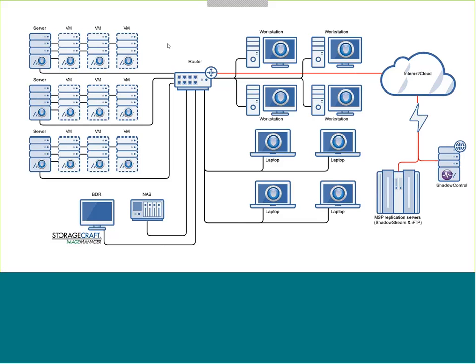Then the other important point here is having some type of centralized storage. That's represented in my diagram by the NAS in the bottom left. That can be anything. It can be a shared external drive. It can be a network attached storage device. It can be a SAN. It can be anything. The main point is that you want some highly available location where you've got adequate storage to meet all of the requirements for your backups.